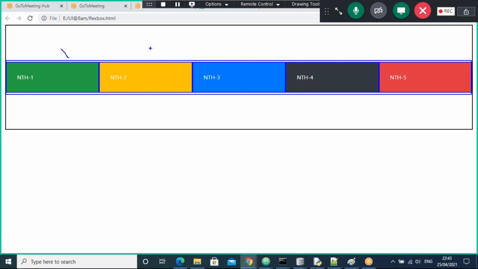So I have taken flex 1 for five boxes, giving equal parts across the entire width, left to right.